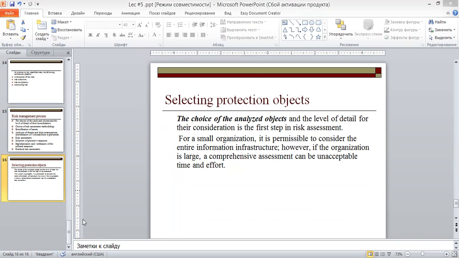However, if the organization is larger, a comprehensive assessment may not be possible in acceptable time and effort. In this case, you should focus on the most important services, agreeing in advance with the approximation of the final estimates. If there are still many important services, those of them are selected for which the risks are known to be high or